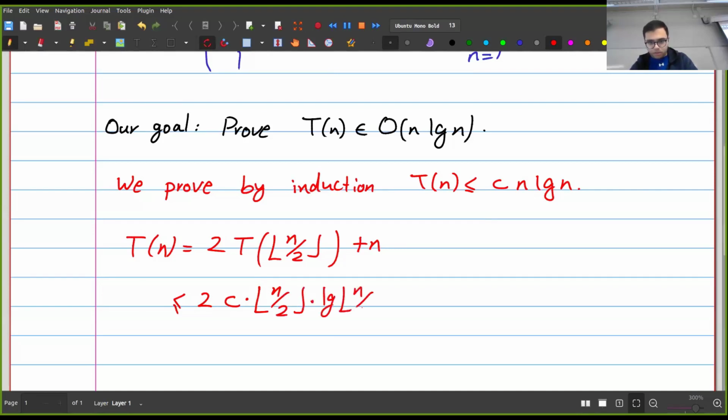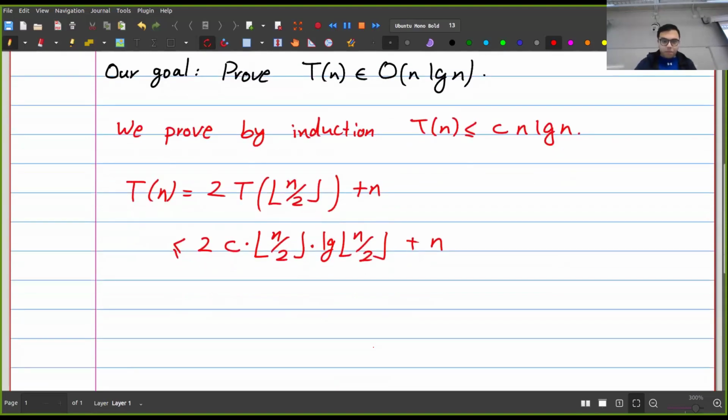Log of n over 2 plus n, right? But I can simplify a bunch of things here. So first of all, what is 2 times floor of n over 2? It's at most n, right? It might be less than n, but it cannot be more than n. So I can just put n instead. So I just get c times n times log of n over 2